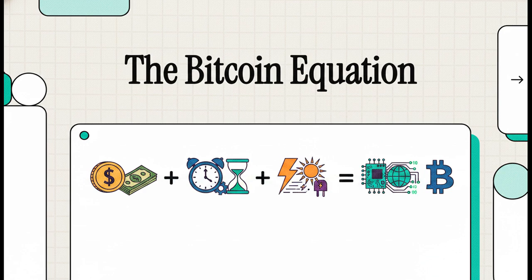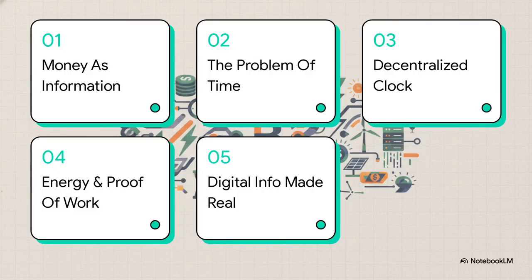We really need to look at this profound four-part equation derived from the work of the researcher and author known as @DearGigi. It's money, plus time, plus energy, plus information. So over the next few minutes, we're going to explore exactly how these fundamental forces of nature and computing literally lock together. Okay, let's dive right into this.